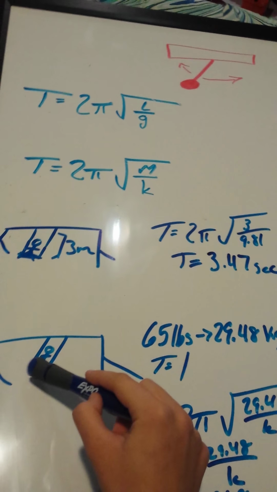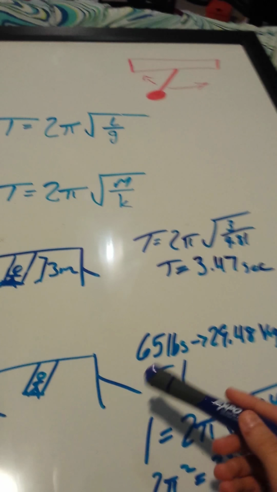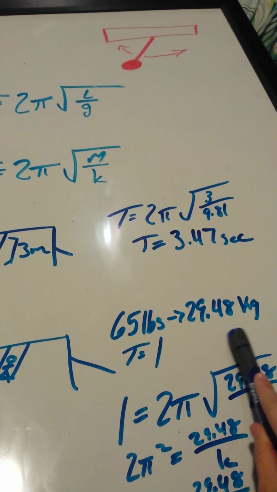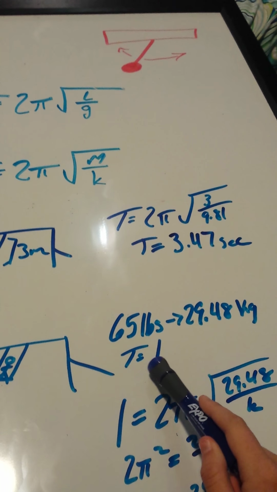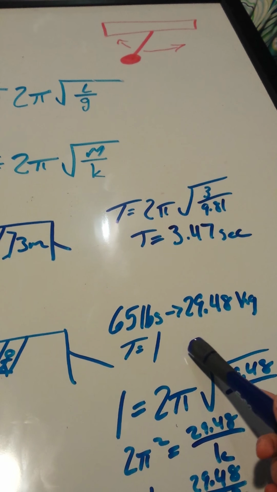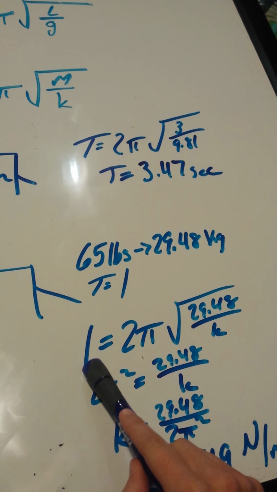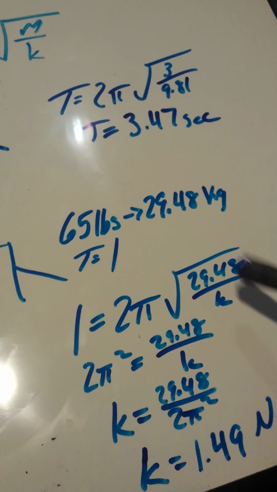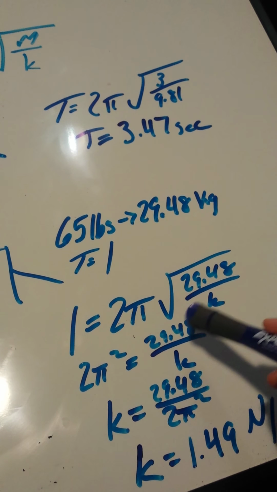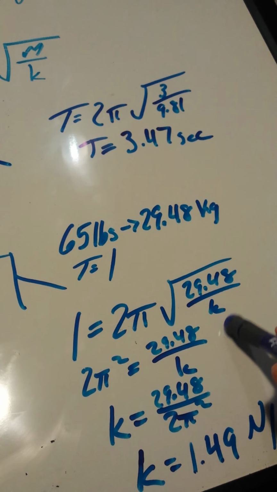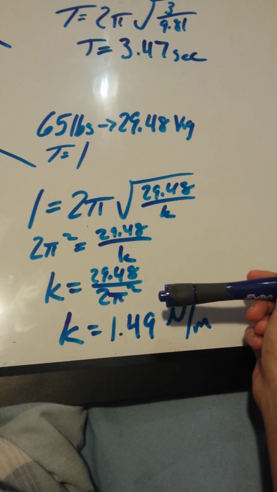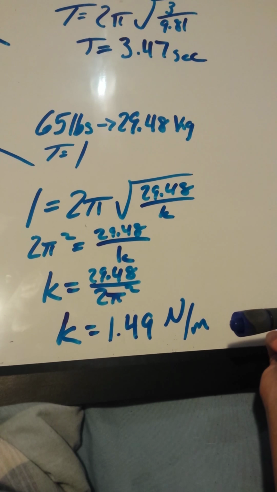Now, if you had the weight of the kid, which I used the 65 pounds again, so it equaled 29.48 kilograms. And I said a period happened in 1 second. So you'd plug in 1 for the T, and then 2 pi would stay the same. And you'd have square root of 29.48 over the spring constant. And after doing algebra, you'd get 1.49 newtons per meter